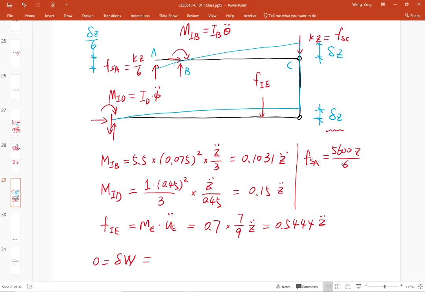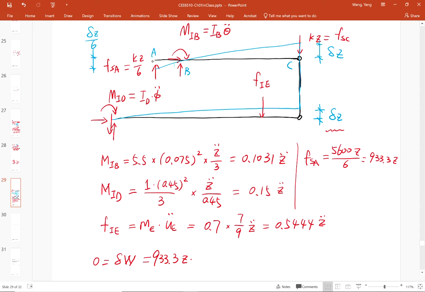Okay, so that is 933.3 multiplying Z. So FSA is 933.3 multiplying Z, multiplying the work done by